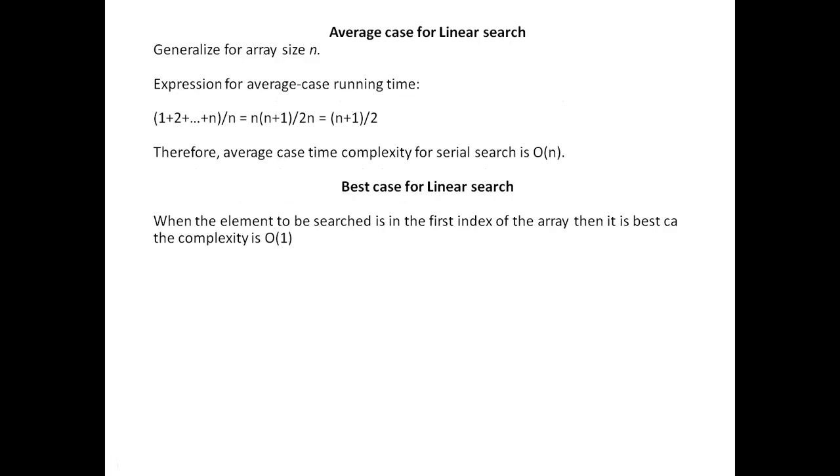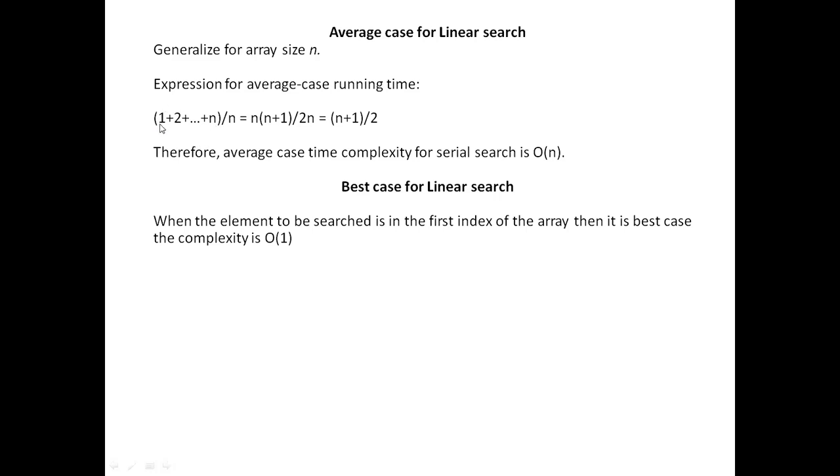Next we go for the average case. Average case of this linear search problem. So here there are some n elements, and each element is given equal opportunity, equal weightage. In that case, the average case is: out of n values, I am searching for the first value. Out of n values, I am searching for the second value. Out of n values, I am searching for the third value, fourth value, fifth value, like that up to the nth value.